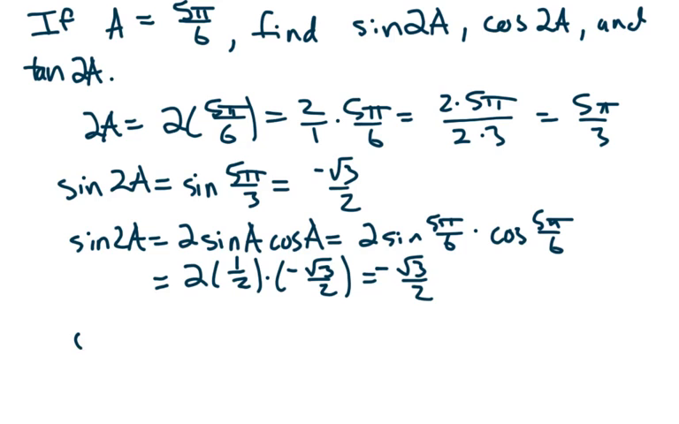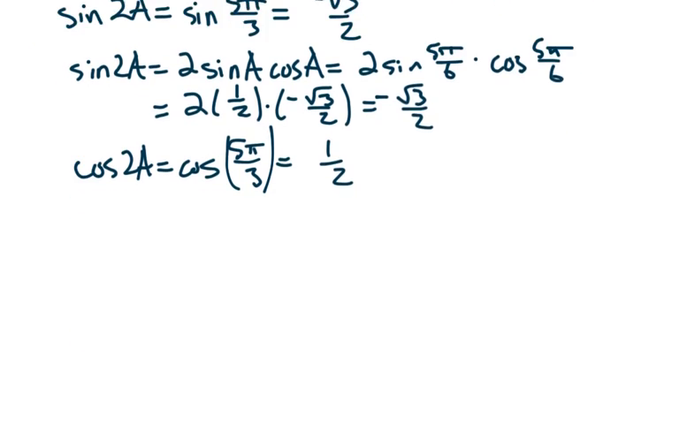Cosine of 2a means cosine of 5 pi over 3. This is in the fourth quadrant, where cosine is positive. So this is going to be positive 1/2. Now using identities,